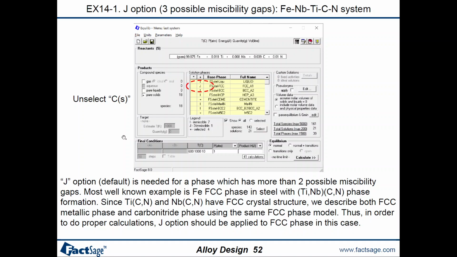As titanium carbonitride and niobium carbonitride have FCC crystal structures, during modeling of this kind of phases, the same FCC phase model is used, which is also used for austenite phase modeling. Therefore, in order to do a proper calculation in FactSage, the J option should be applied for selecting this FCC phase. In this video, we will